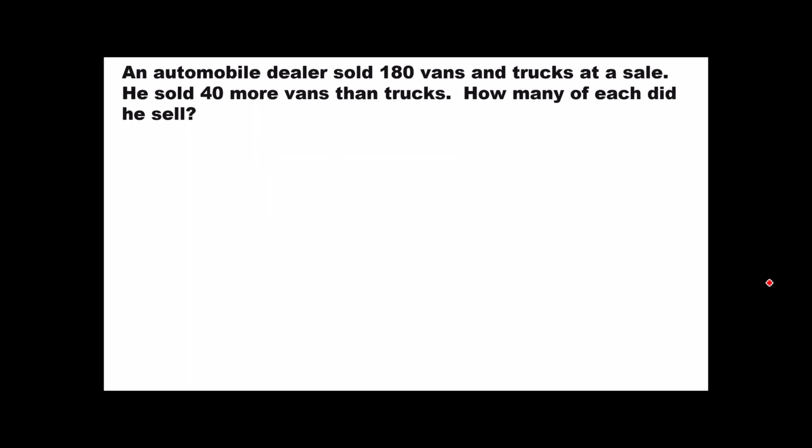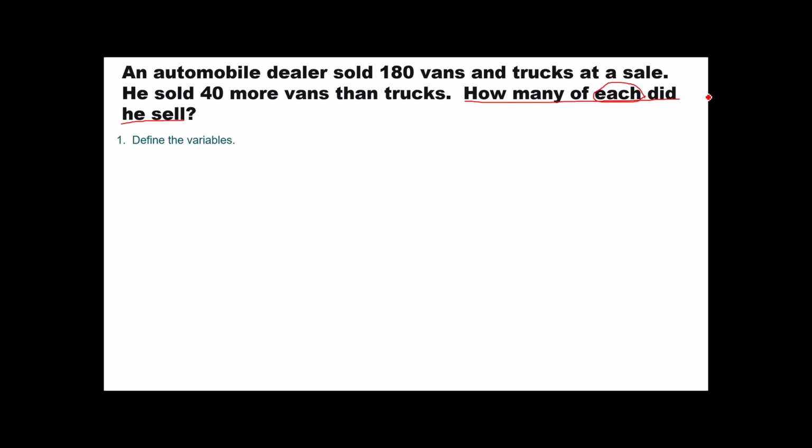Let's try another one. An automobile dealer sold 180 vans and trucks at a sale. He sold 40 more vans than trucks. How many of each did he sell? Using our process, we're going to define our variables. The question says, how many of each did he sell? This word each indicates for me that I'm going to have more than one unknown, which means I need more